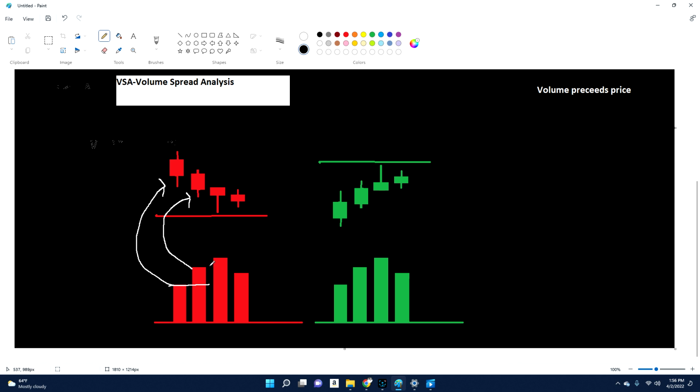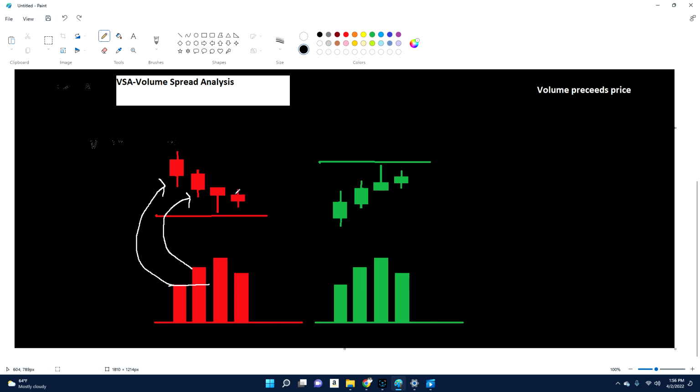Okay. The spread was pretty much the same. It was the same candle spread from here to here, but more volume came in. Then you move on to the next candle. You've got even more volume that comes in to this candle, okay? But what do you have now? Not only did you not even get the body of this candle, you see this body's big, this body's small, you got a wick to the downside, okay?